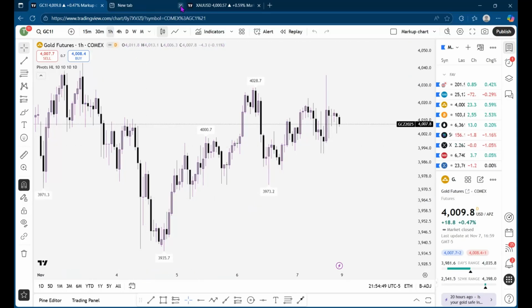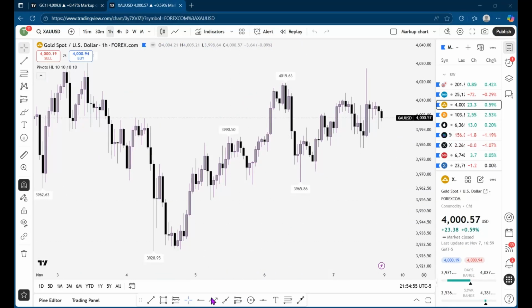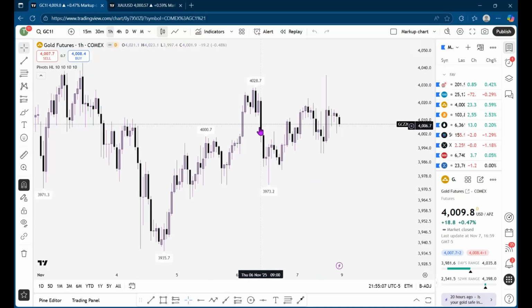Now, look at these two charts. They're very similar in the movement of price. Okay, so you can see that we have our highs and lows. I've got my pivot points, highs and lows on here so you guys can identify the highs and lows. You can see when I click over to the futures one, it doesn't look very different. So that's one of the reasons why I love trading Forex and futures, because if you're trading the same symbol under both things, price is going to be similar and you'll be able to profit in both markets.